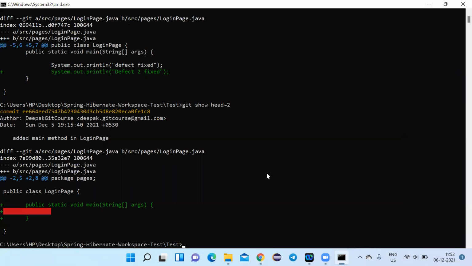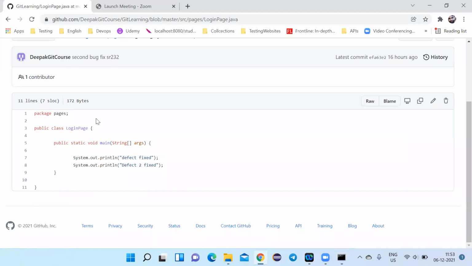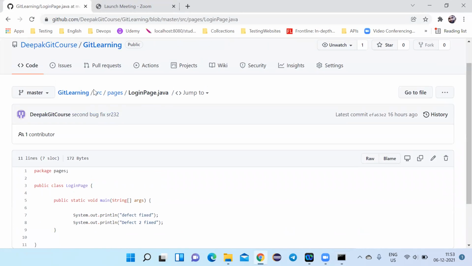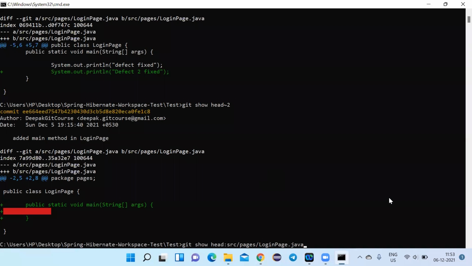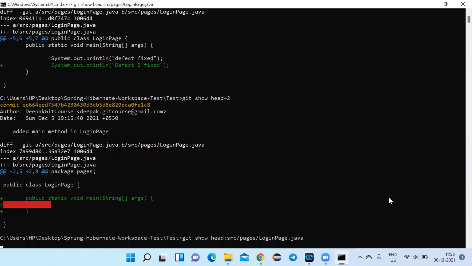For that, git show HEAD followed by a colon, 2 dots, source, the complete path, pages, login, LoginPage.java. This is the path I have given: source, pages, LoginPage.java. Now if I hit enter, I'll get the code in the command line as well.